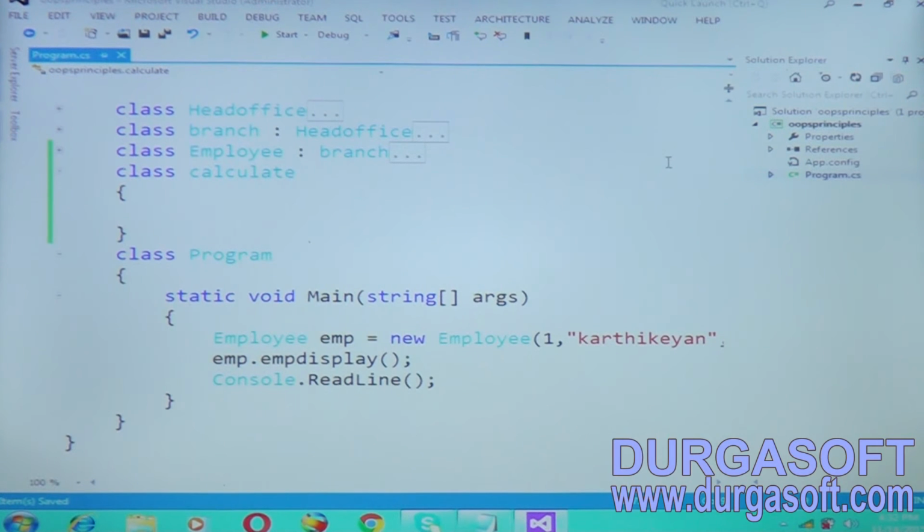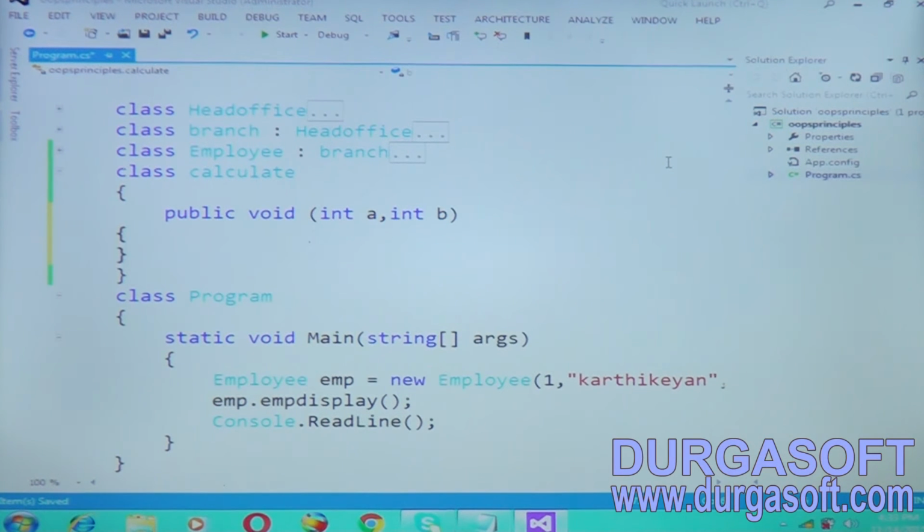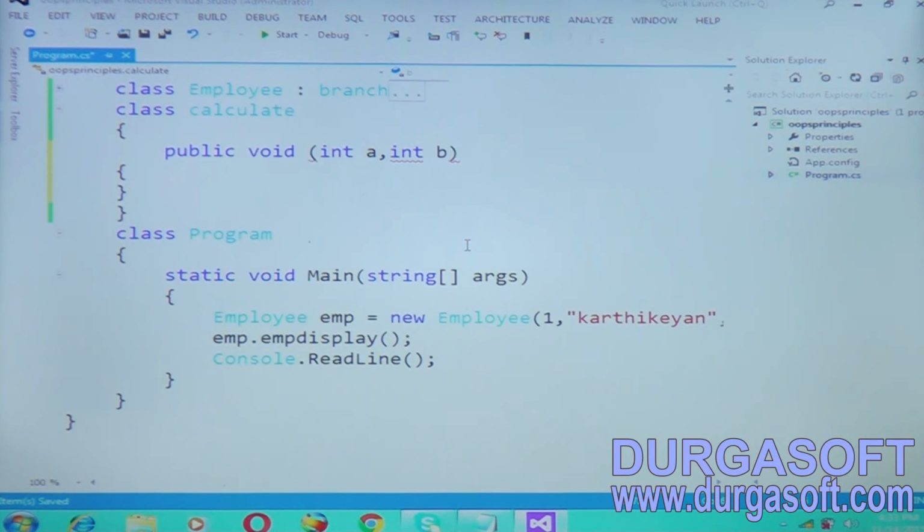I am defining a method here, public void. These are the parameters, or signature, which I am telling. You can also call them arguments. You need to write the method name.